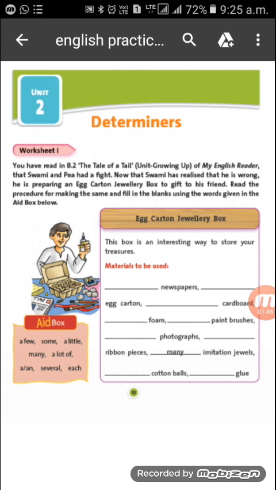So, I have told you that there are 4 types of determiners: articles, demonstratives, possessives, and quantifiers. And students, I have told you in my earlier videos also that in our syllabus, in this unit, we have to use mostly articles and quantifiers. So articles, you all know we have 3 articles, a, an, and the, and I know that you all know very well where we have to use a, where we have to use an, and where we have to use the. But still, if you have any confusion, you can watch my previous videos also.